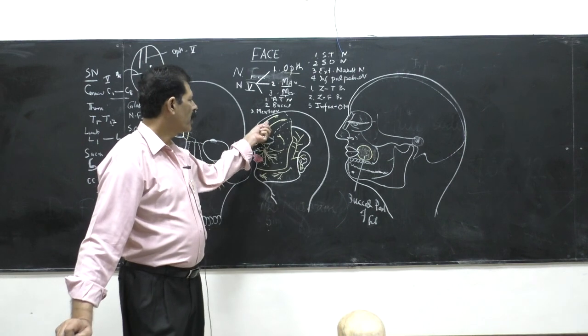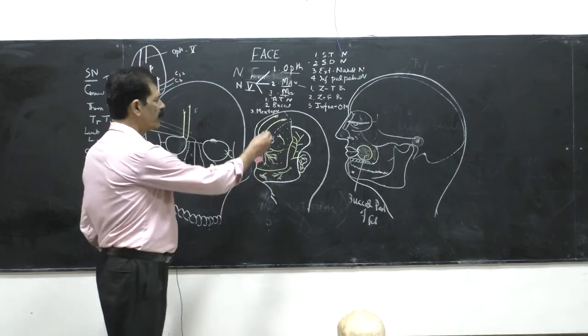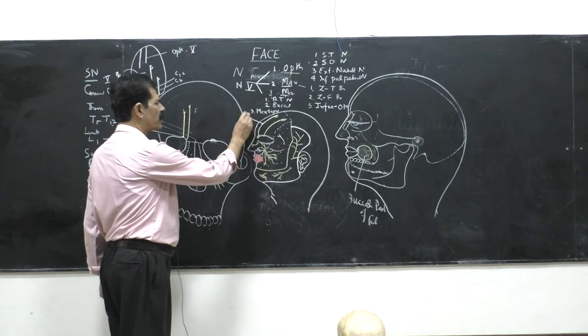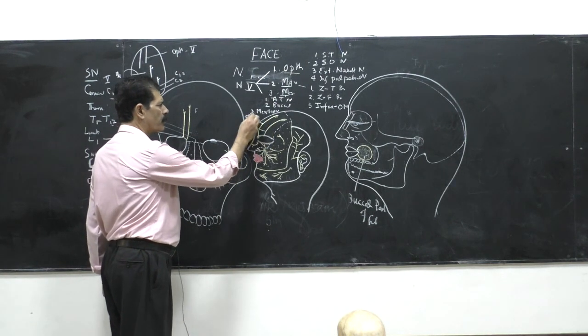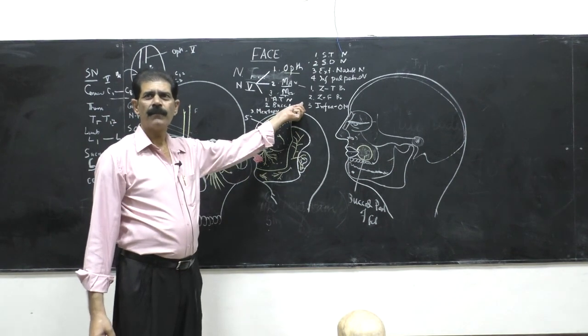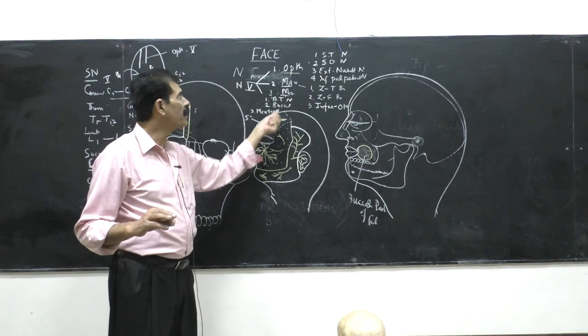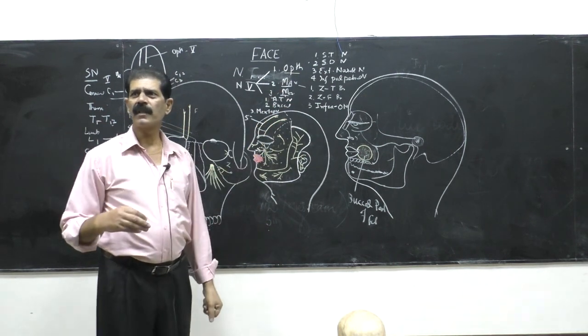You are not to number 1, 2, 3, 4, 5, 6 and then let the examiner search. No, you have to label like this: zygomatico, supratrochlear, supraorbital. You have to write down the names. If you write numbers in the exam, you get 0 marks. The examiner will first see what the number is, then look there. You are wasting the time of the examiner. He will be irritated.